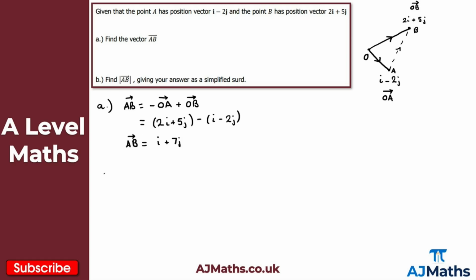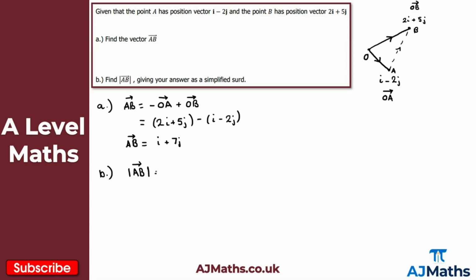So then for B here, just a quick follow-on part. It says find the magnitude of the vector AB. So remember these two bars here, this just represents the magnitude. So it also says give your answer as a simplified surd. But in this case here then, for the magnitude of the vector AB,